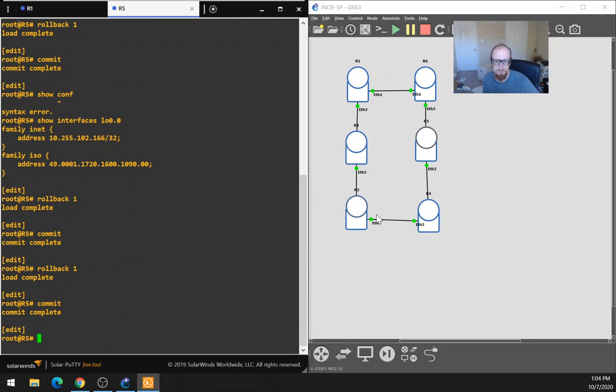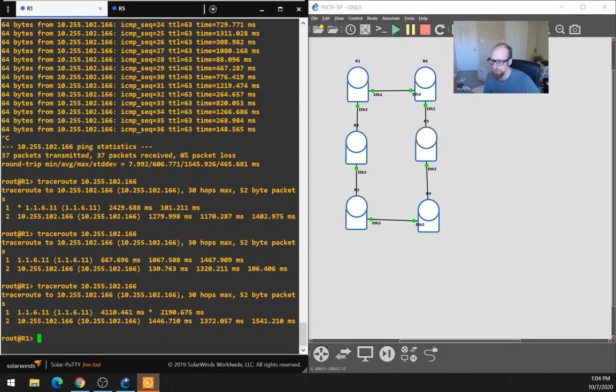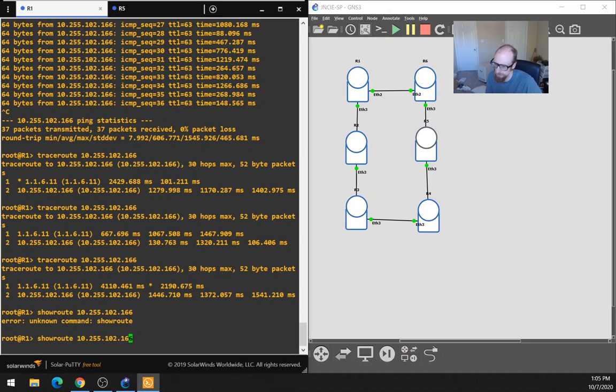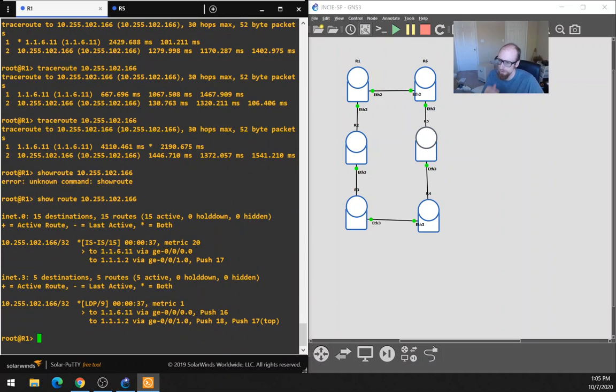Maybe it's using this path initially. Yeah, let's do a show route on this, if I may. Looks like I may not. Can I do a space? There we go. Okay, yeah, so, aha,